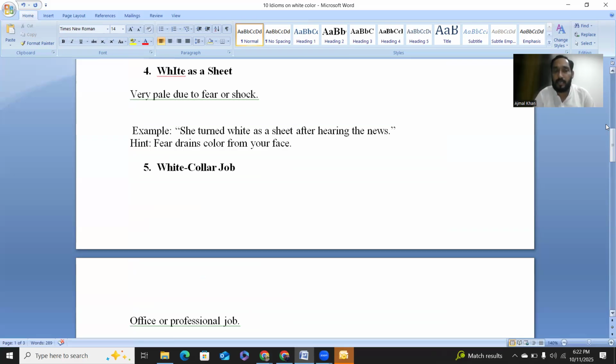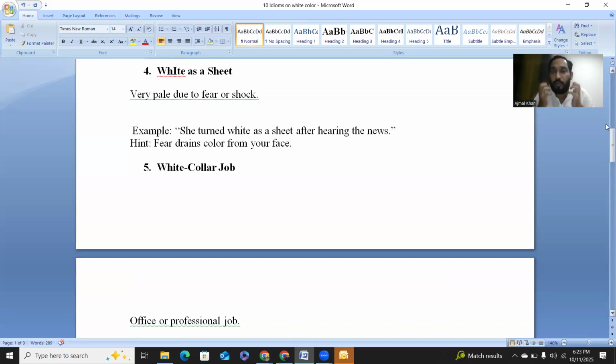Let's look at its example. She turned white as a sheet after hearing the news. उस लड़की ने जब न्यूज सुनी, she turned white as a sheet. मतलब उसके चेहरे से जो blood था, that blood disappeared from her face, and she became shocked out of fear and turned white as a sheet. So hence, fear drains color and blood from one's face. When a person becomes fearful, frightened and shocked, his or her face turns white,